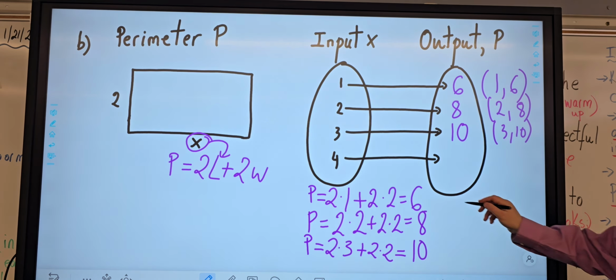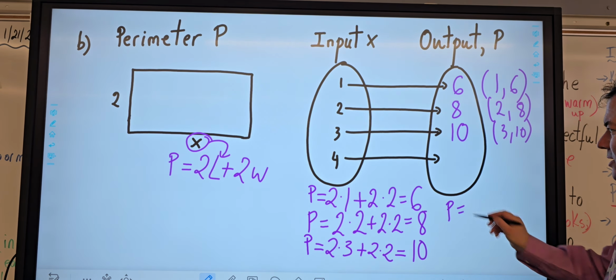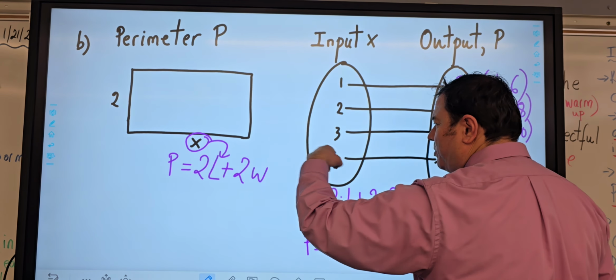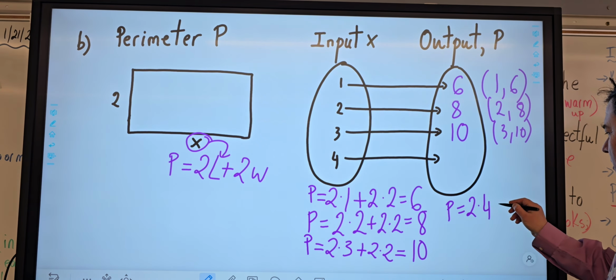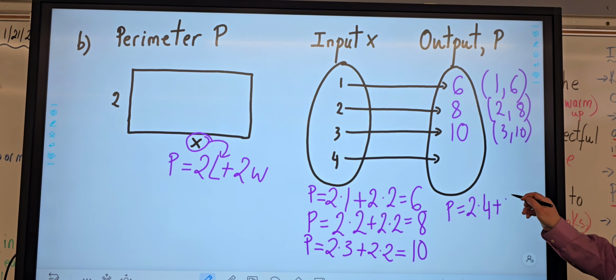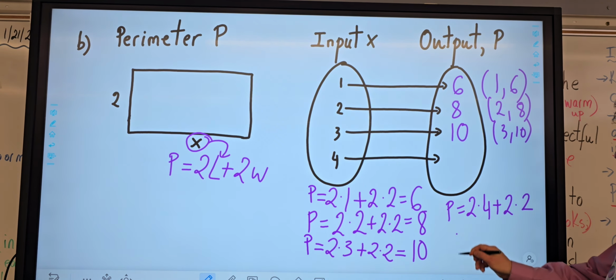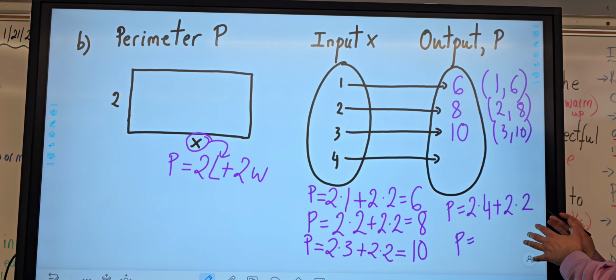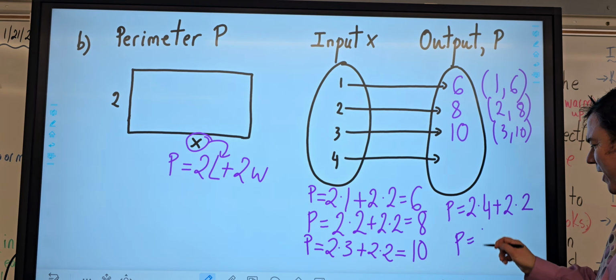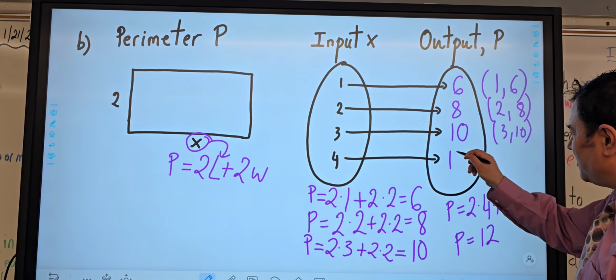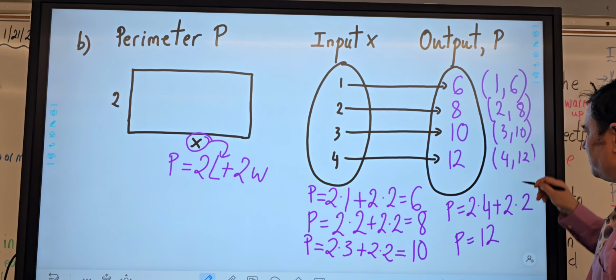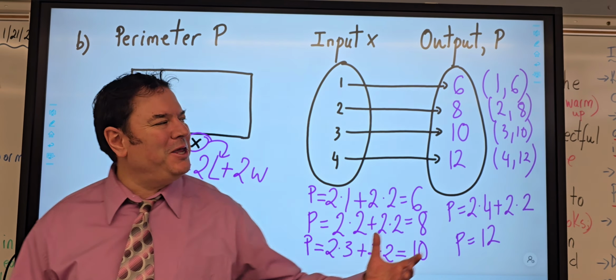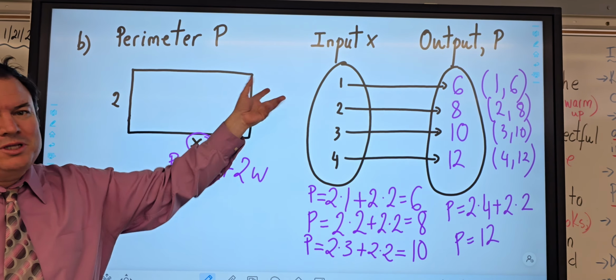And finally, we have P equals, instead of X or L, we put 4. So we have 2 times 4 plus 2 times 2. 2 times 4 is 8. 2 times 2 is 4. 8 plus 4 is 12. So the output is 12. 4, 12. And again, if we look at the pattern here, we see that again the input stays the same,